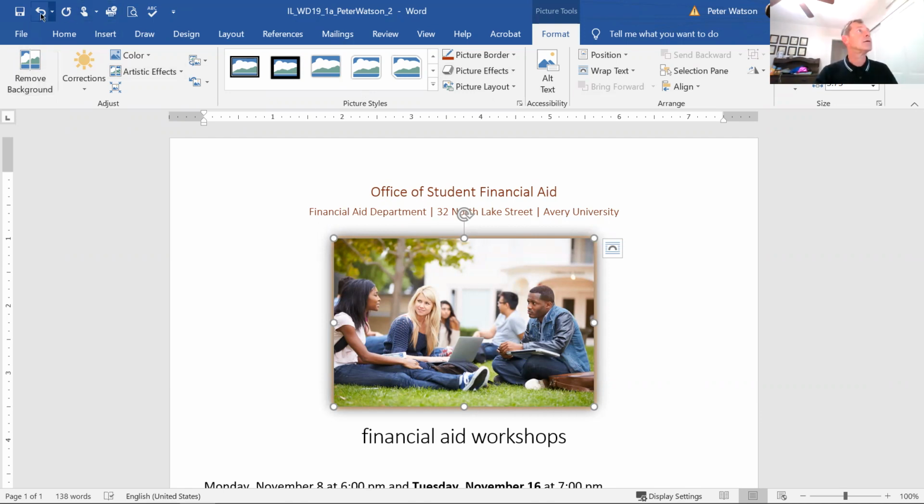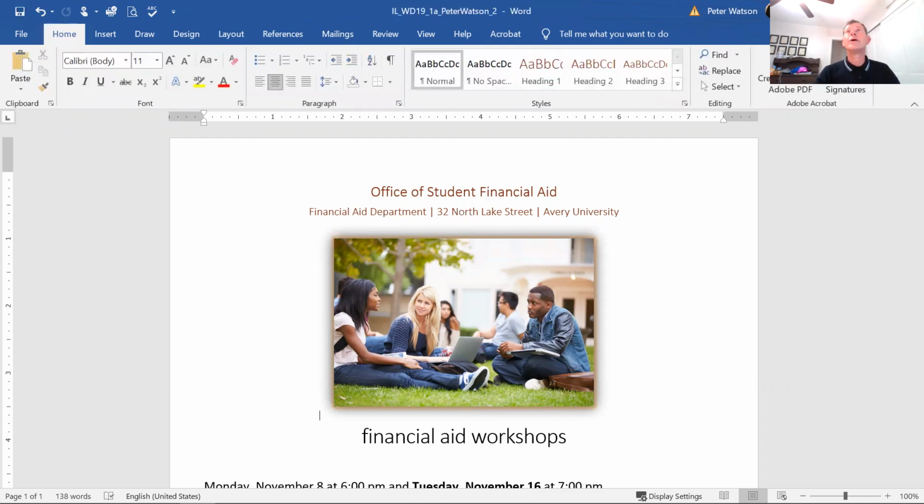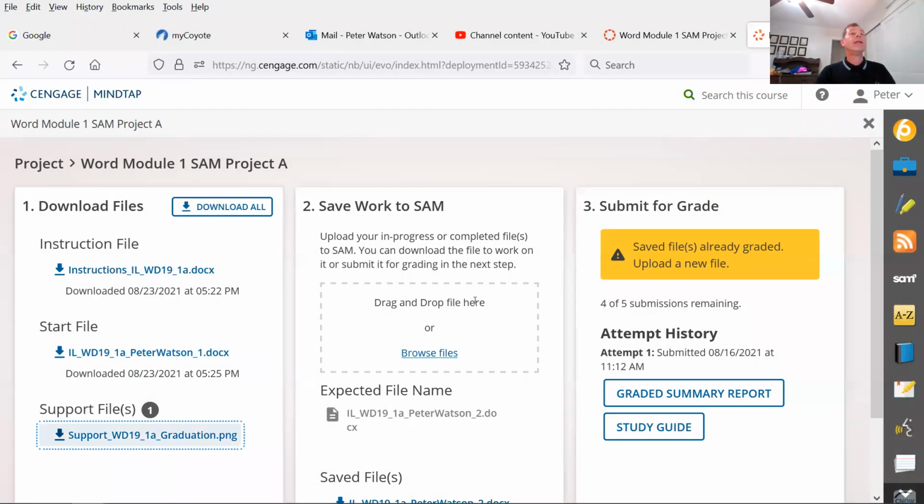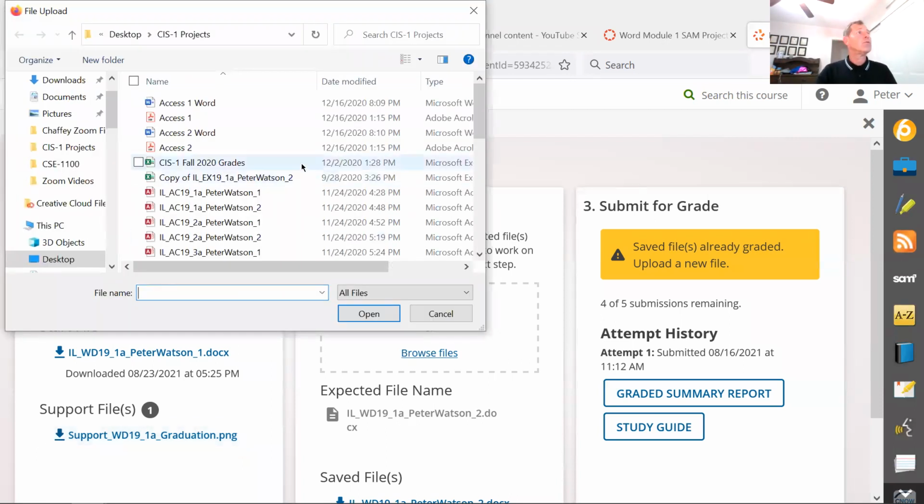So I'm just going to click save right up here. I'm going to click off of it. There we go. I'm going to go ahead and close it. Now it says to save your work to SAM. So basically I have to drag and drop it here, or I can browse. So if you click on browse, you get one of these things, and I can go to my desktop,